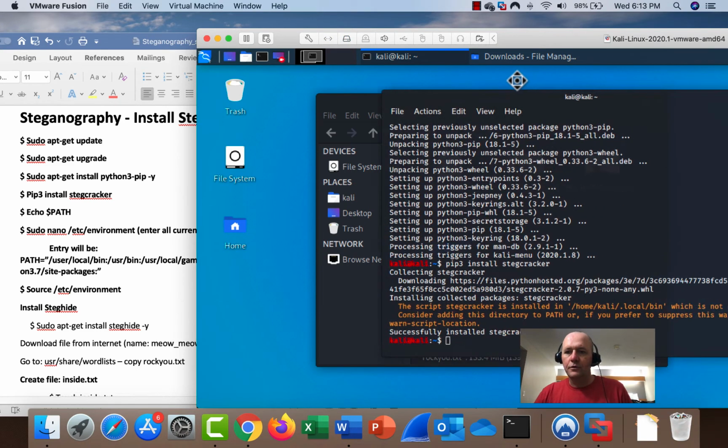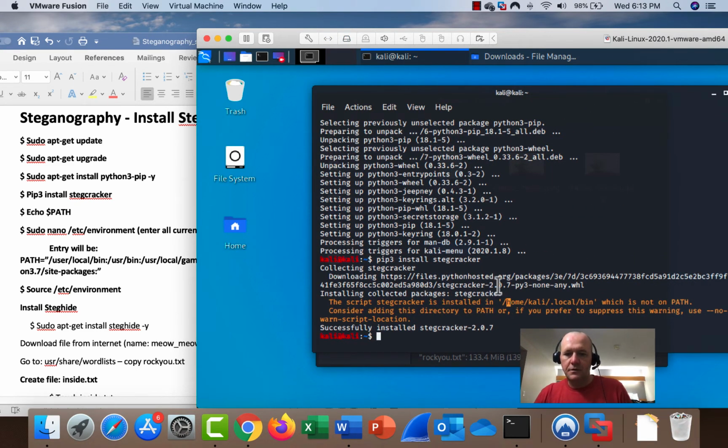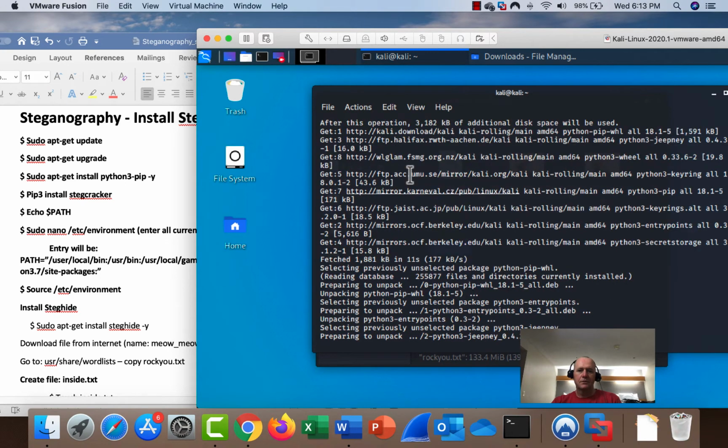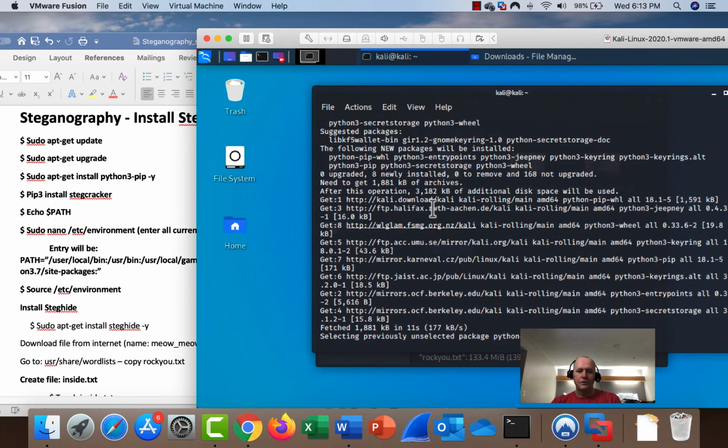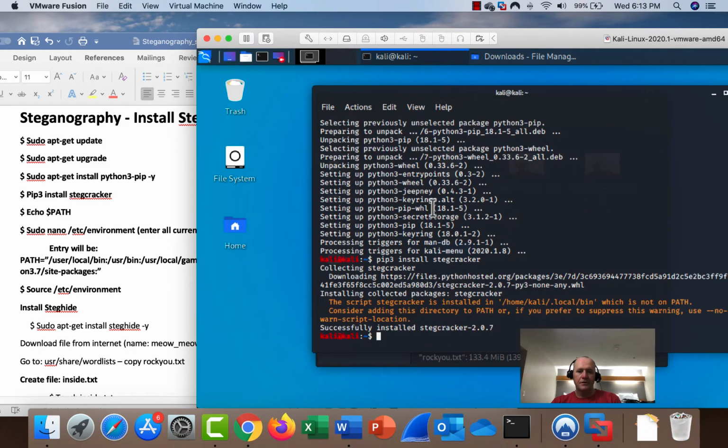Now, one thing to look at though, see how it says the script stegcracker is installed in /home/kali/.local/bin, which is not on the path. So that's not one of these. That's not part of these. Now I've come to find out doing this a couple times that it actually is not saved in there either. So what we need to do, we need to update our environment. So if we do a sudo nano for the nano text editor and go to /etc/environment,